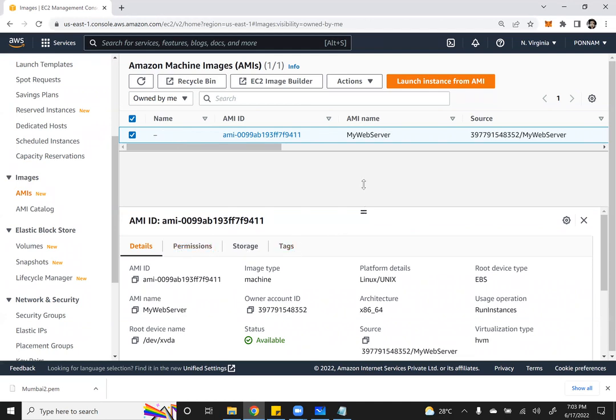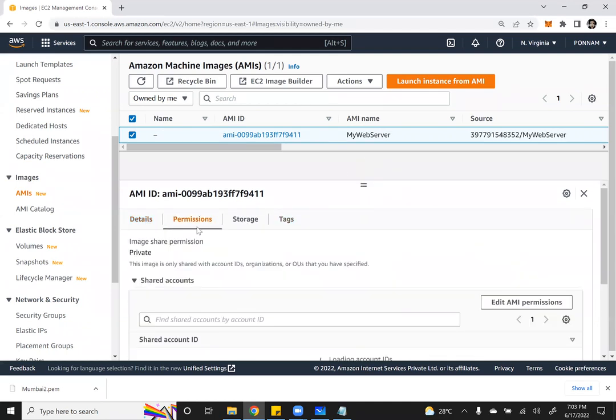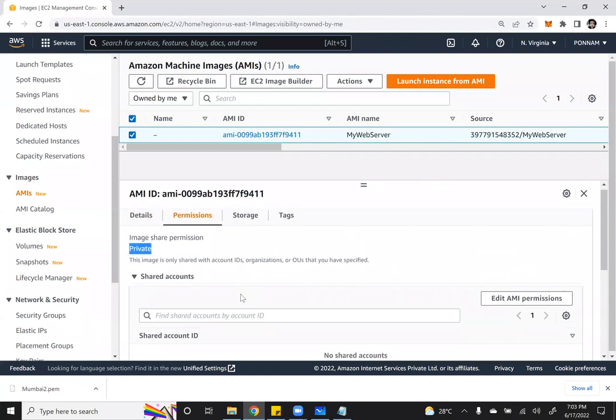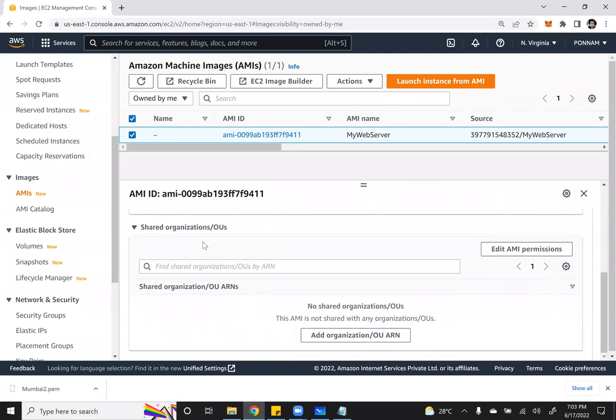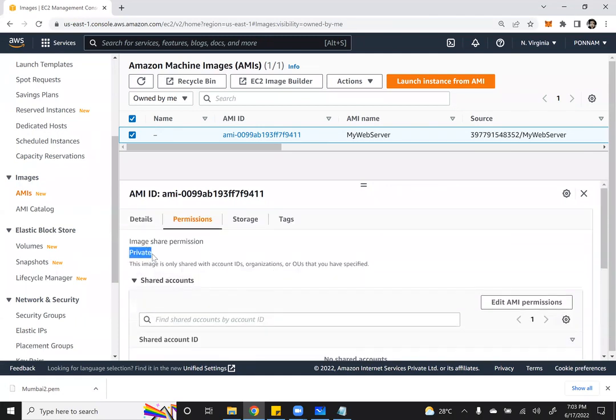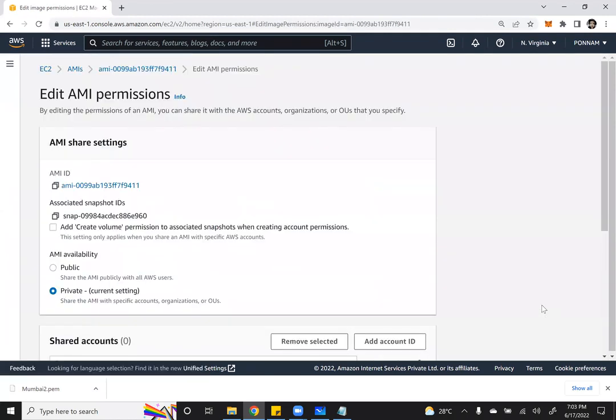Then here, select the permissions tab. Right now it is private, right? And if you scroll down, this AMI is not shared with any account also. It's private. Now click on edit AMI permissions